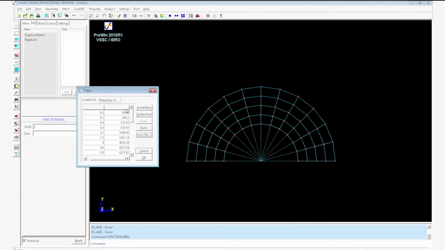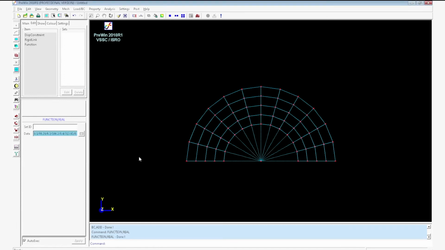It will be called to the table data. Here X refers to frequency. Click OK. The table will be added.